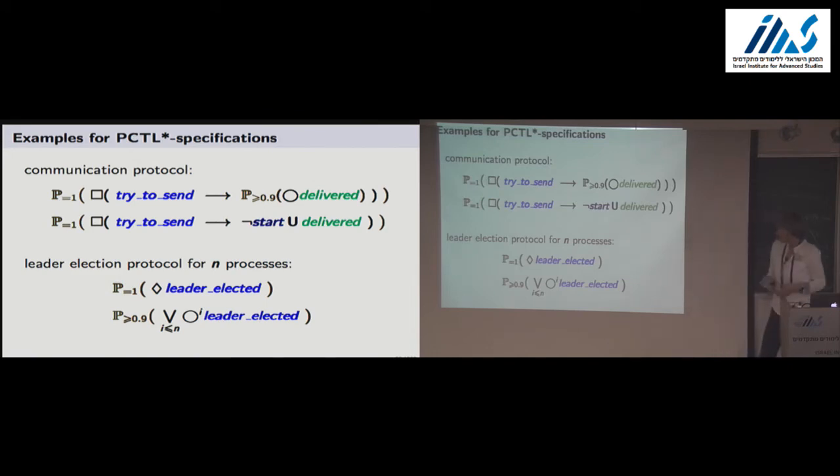Or, just to provide another example, for a leader election protocol you might want the property that almost surely a leader will be elected. And with the ingredients you have seen so far, this is a not very elegant way to describe a step bound for the number of steps until a leader will be elected. We have here a big disjunction and then sequences of the next operator. Later we will use a different syntax for that. So this would be the step bound: within n or fewer steps, a leader should be elected, and then you might specify some probability value.